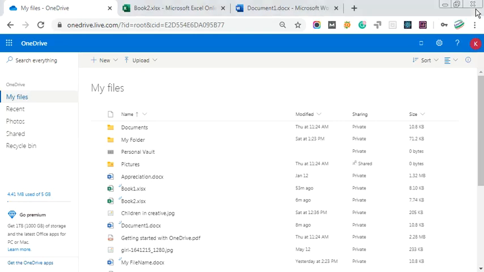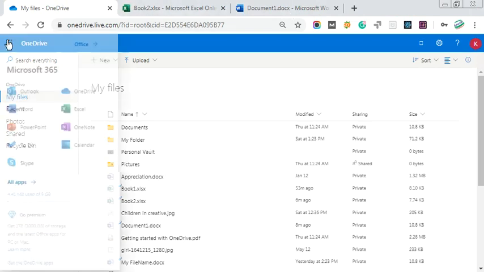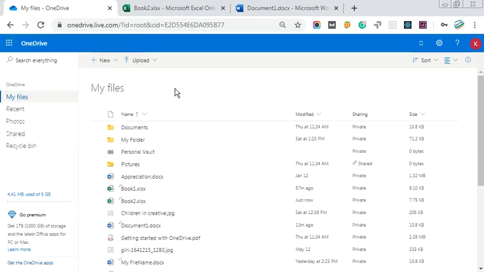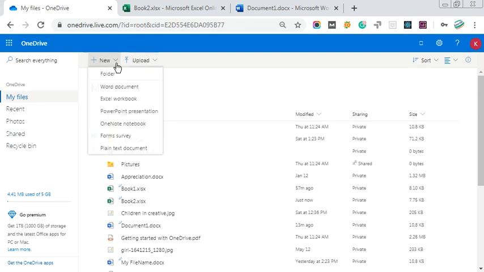OneDrive comes with a free Microsoft 365 starter version. So when you start your OneDrive account, you have access to Office 365 apps, but the starter version. What this means is that some functionality, or the commands that the premium version has, you will not have access to all of them, but at least it will help you to create a file